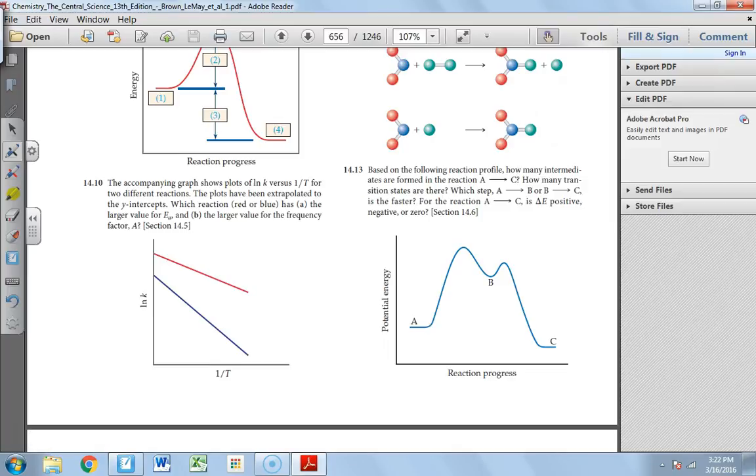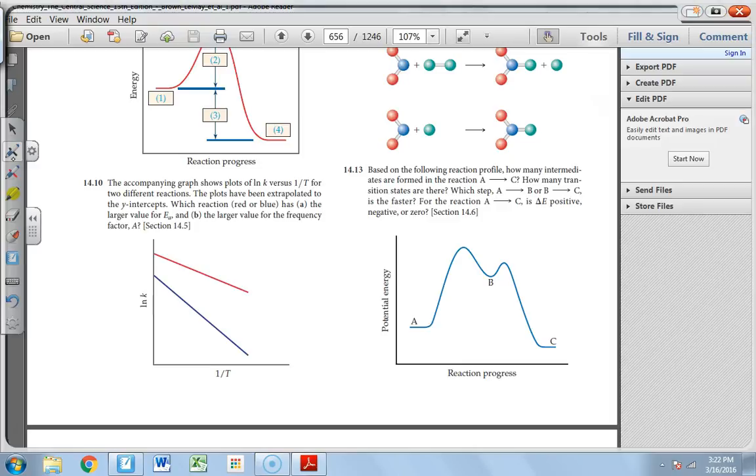Hey everybody, I wanted to go over question number 14.13 here in the book. And so this has to do with this reaction profile, and this is going to help us with determining reaction mechanisms. Okay, so A, we have to remember, is the